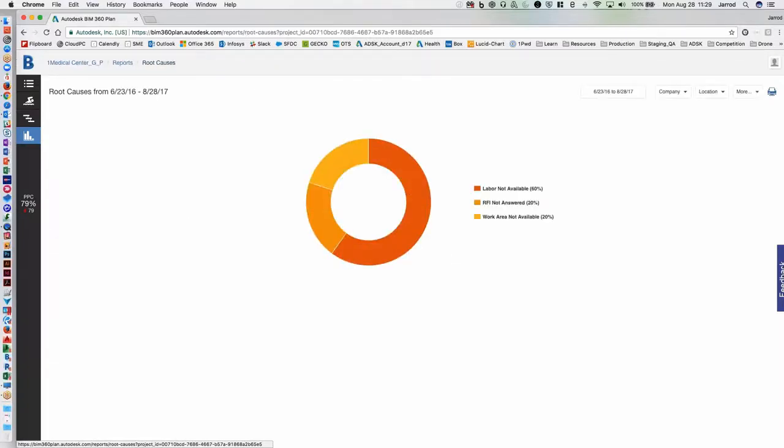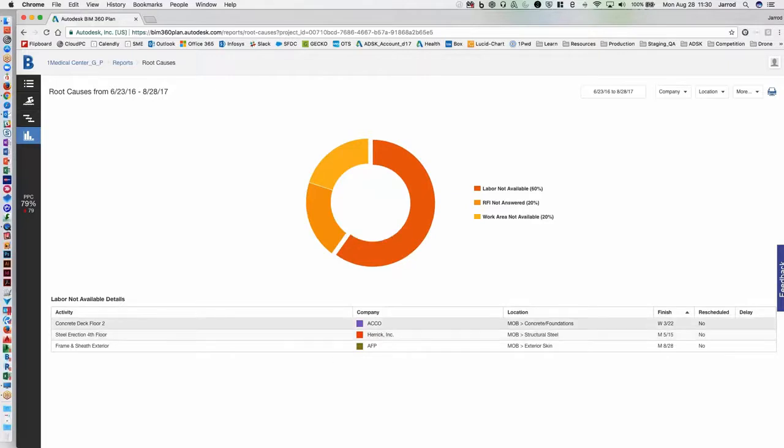And I've kind of hit this home a little bit, but the importance of being able to understand at a very granular level, across the length of a project, what is working and what is not. And really this is where our root cause comes into play. If I click into this labor not available, I can start to see my known offenders. Again, as I said, this could be a way that, from a pursuit perspective, you're assembling a core of folks to go after a new project. You may not want to have